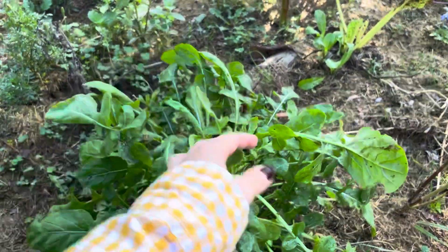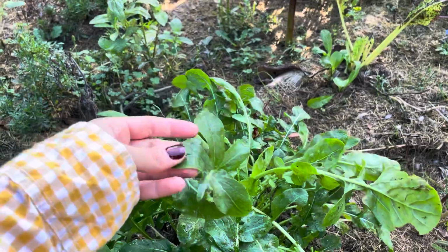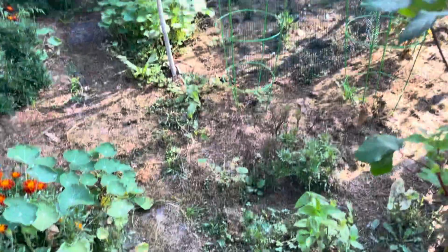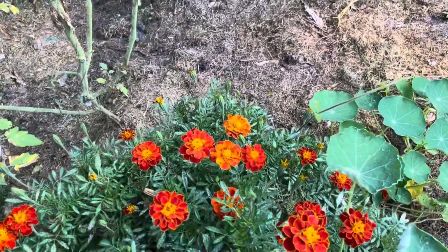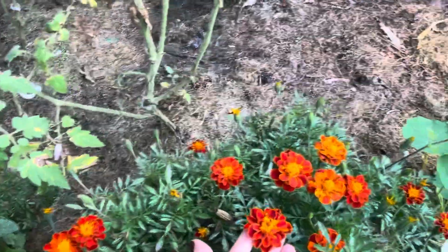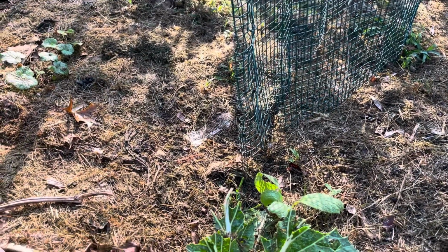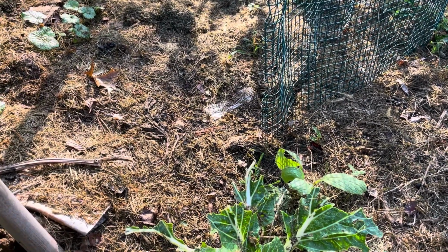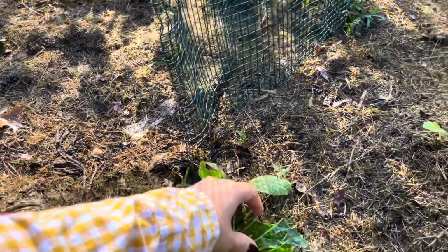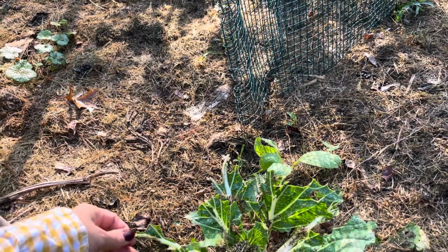Arugula. Usually the bunnies will leave the arugula and the bok choy, although this year has been different in terms of, I guess, their appetite or their taste preferences. They've developed a more sophisticated palate and have been eating, here's the bok choy. I have a ton of volunteer bok choy from those yellow flowers. No one's going to remember this, I guess, but I had a bunch of yellow flowers earlier in the season that I was pretty obsessed with. Took a ton of photos, but they all went to seed and